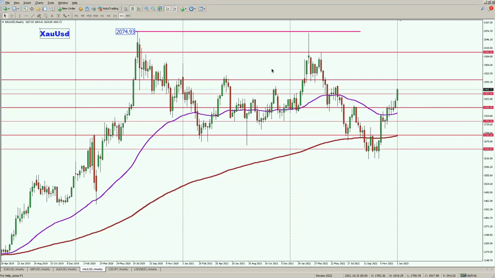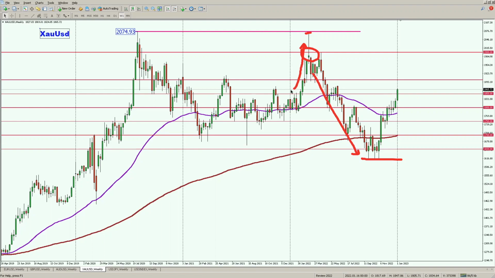Now let's check out the spot gold. And last year, you see that in the early first quarter, it did attempt to test the all-time high close to 2075, but after failing to hit it, it made a significant shooting star here and it fell all the way back down for another couple of quarters until the final quarter, where it managed to recover with this triple bottom here, and climb back up above 1850 now.